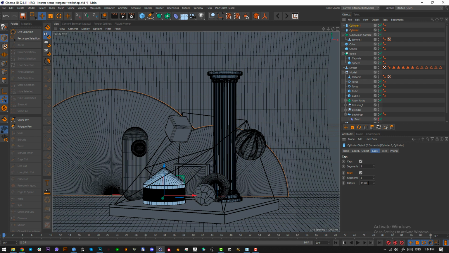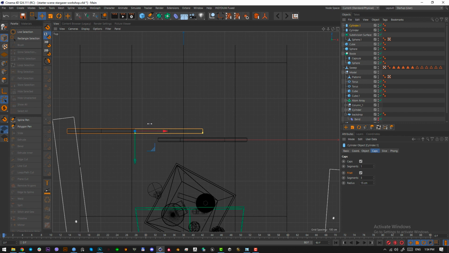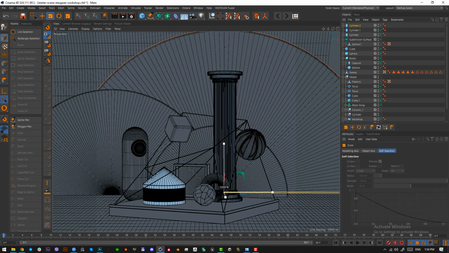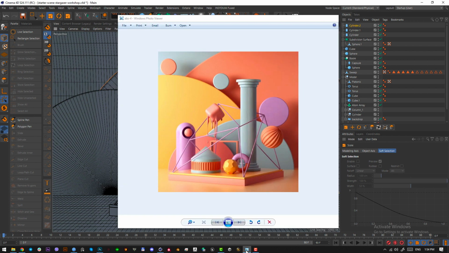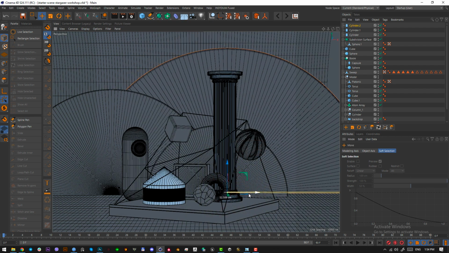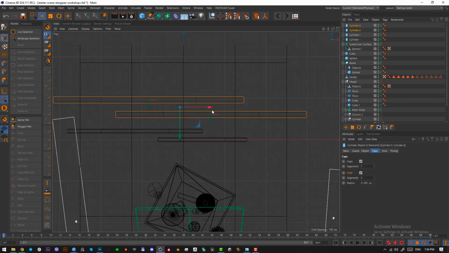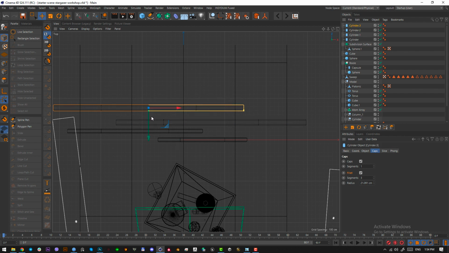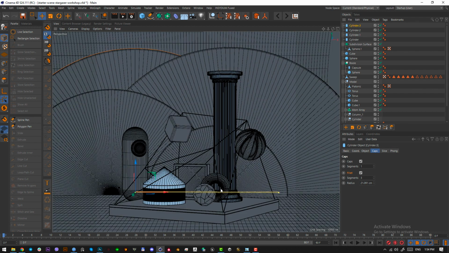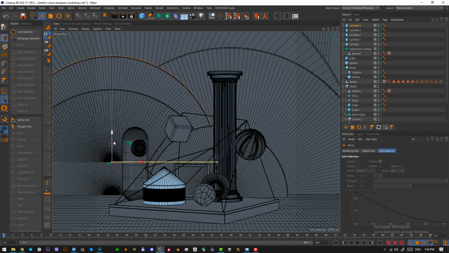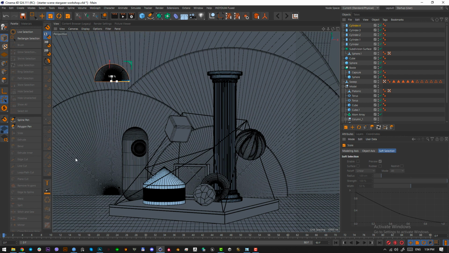Okay, 15. Select the one that's on the background, hold down Control and move it here like this, and scale it up. And that's perfect. Okay, let's duplicate this one as well, pull it here. Actually select both of them and pull them down a bit so that they are closer, so we don't create a big shadow. And scale this like this, so that it covers the whole background. This is perfect. Now select this one, press down Control and move it up. Put it somewhere here, scale it down,